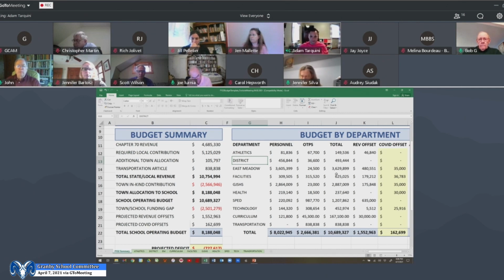Let me interrupt just a second. Not about the presentation, but on your screen at the top, there's a little box that says view everyone. If you press on that, one of the options is to hide everyone. Then whatever's on the screen, for example the budget summary that Adam has put up, will fill the screen instead of taking just the bottom portion. If that helps anybody trying to see, you can do that and just look at what Adam has on his computer screen. Thank you for that, John.